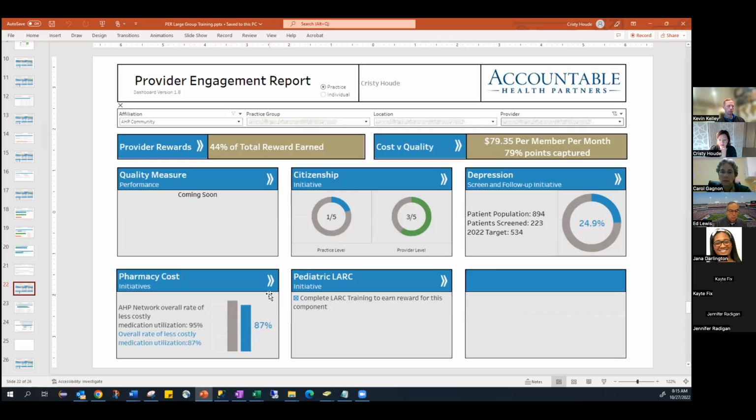So we will move on to pharmacy. We're getting close to the end here. So pharmacy costs, this component's going to change. When you see 1.8, it's going to look quite a bit different. This is an overall comparison for you against the network as a whole. And as we